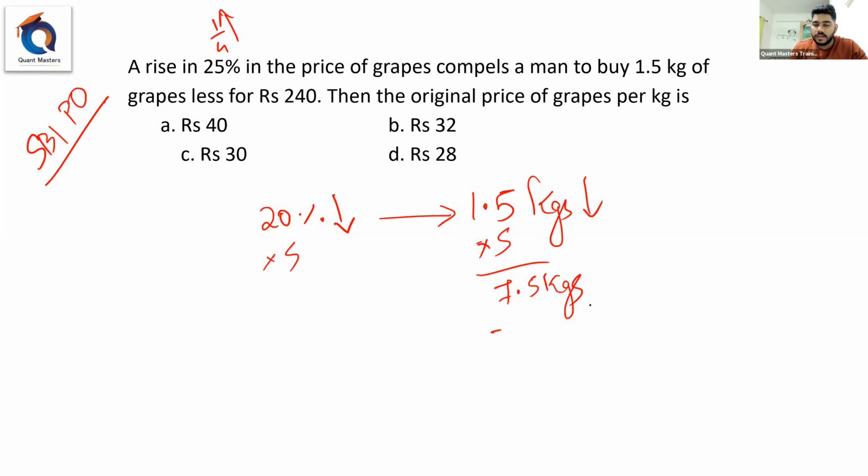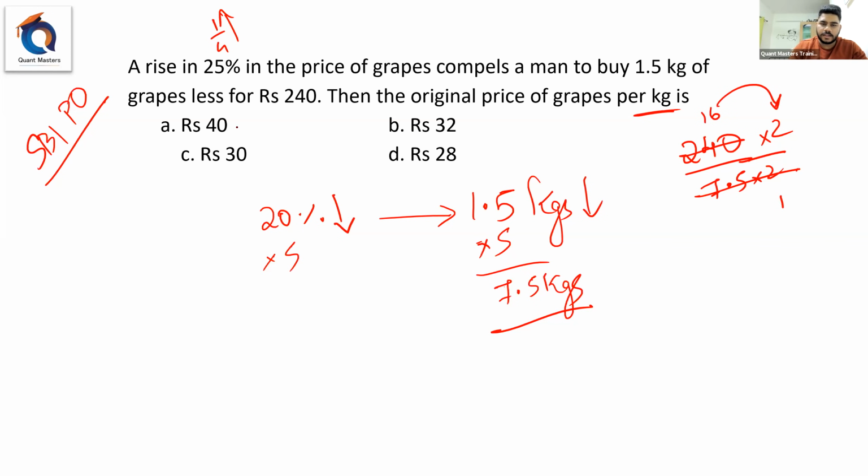Am I right? What is he asking in the question, people? Original price of grapes. Now, if I want the original price or price per kg, it is nothing but total price by total kg. Now you'll do the calculation here. So into 2 you do. 7.5 into 2 is 15. 15 ones are 150 plus 90 is nothing but 246. 6 plus 10, 16. So answer is 16 into 2. That is nothing but 32. Do we have option B? That's all. You will not find a technique faster and simpler than this.